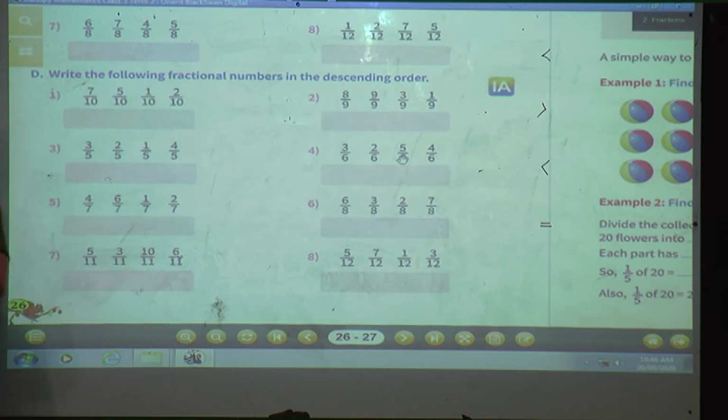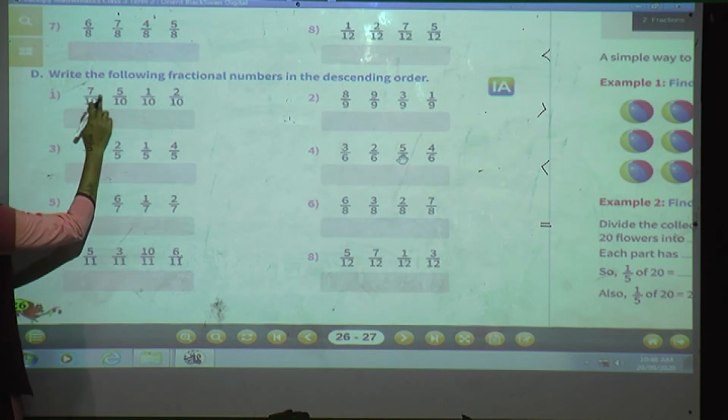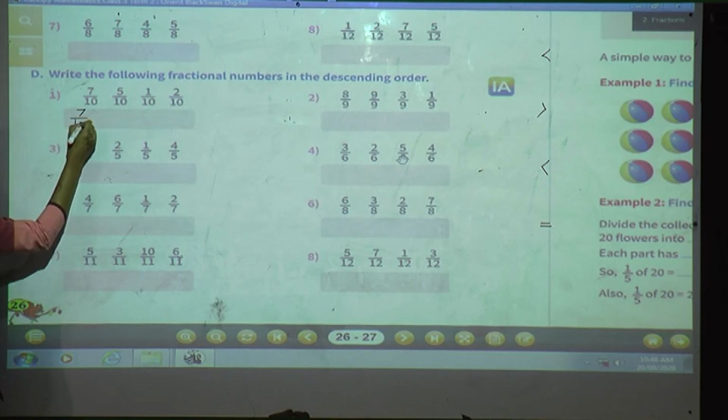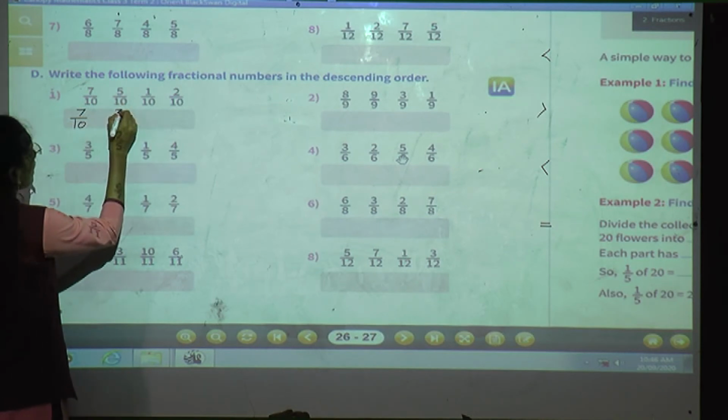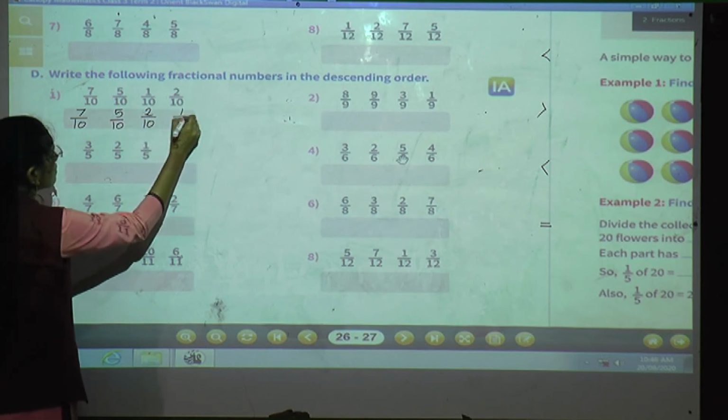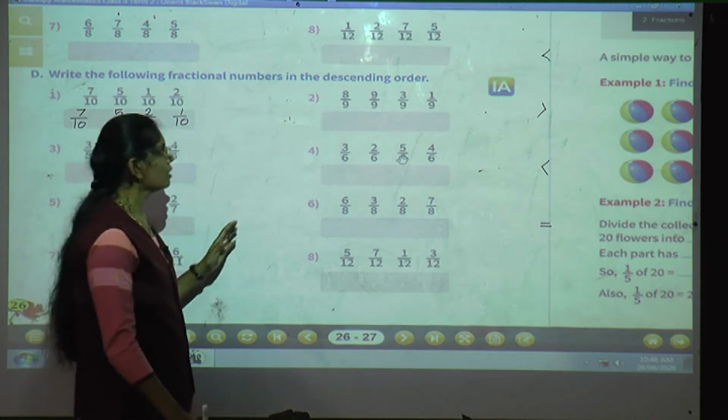In all these fractions, which one is greater? Here you have to write first the greatest fraction. Okay, so 7 is greater among all these 4 fractions, so we'll write first 7 by 10, then 5 by 10, then 2 by 10 and last 1 by 10. Okay, now here